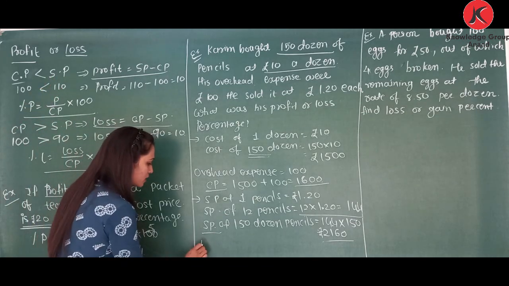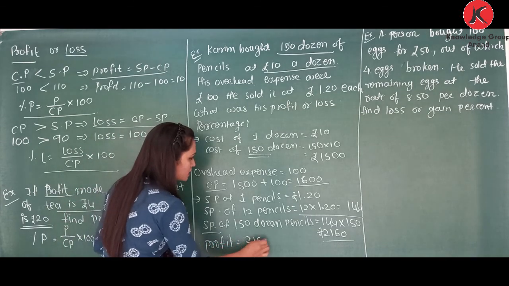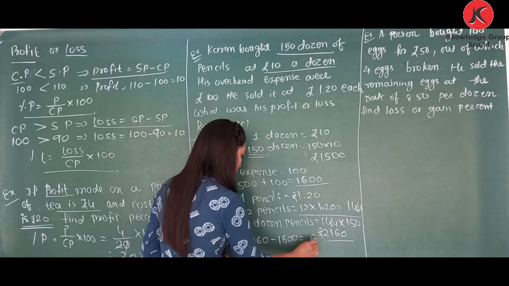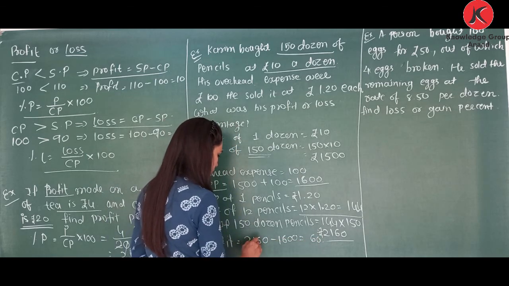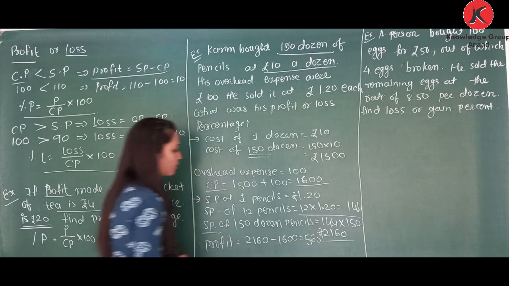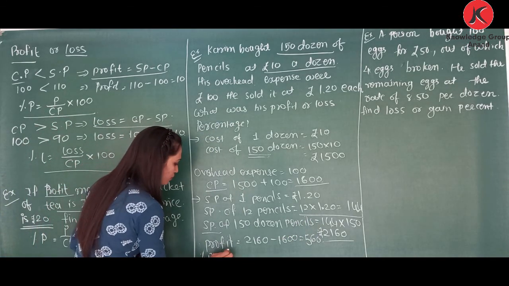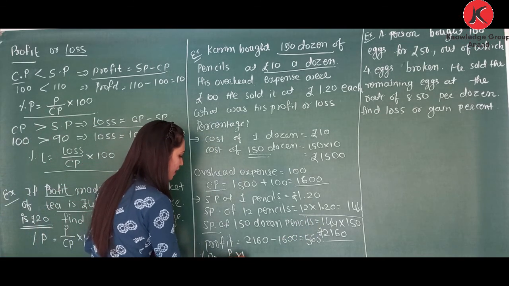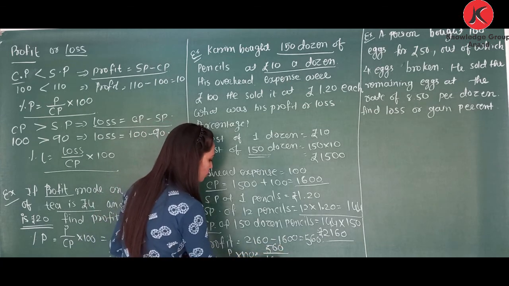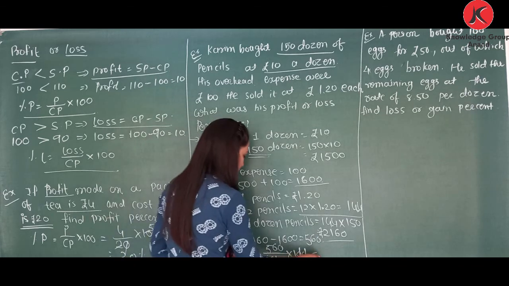So for the profit percentage, first we find the profit, which is 2160 minus 1600, so that will give 560. And percentage profit is equal to profit divided by CP multiplied by 100. 560 divided by 1600 multiplied by 100. So that will give